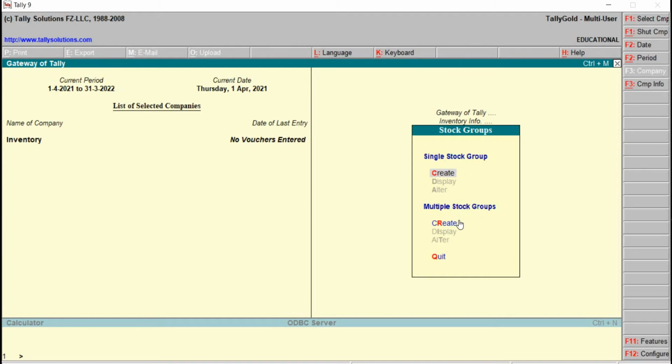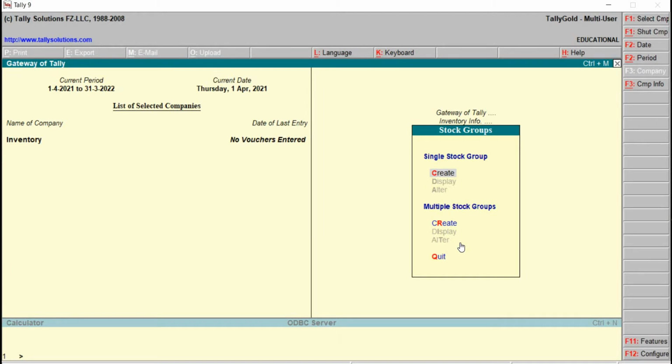Only the create option is activated. Display and alter are both deactivated. This indicates that we don't have any default, predefined or built-in stock groups in Tally. Whatever we create will be user defined, right?